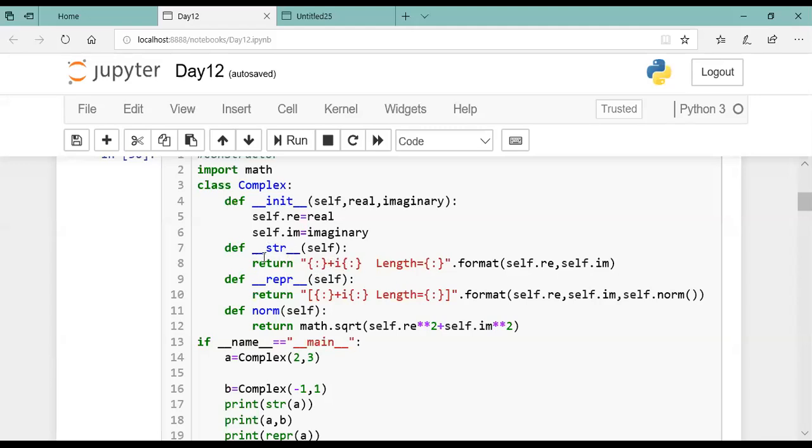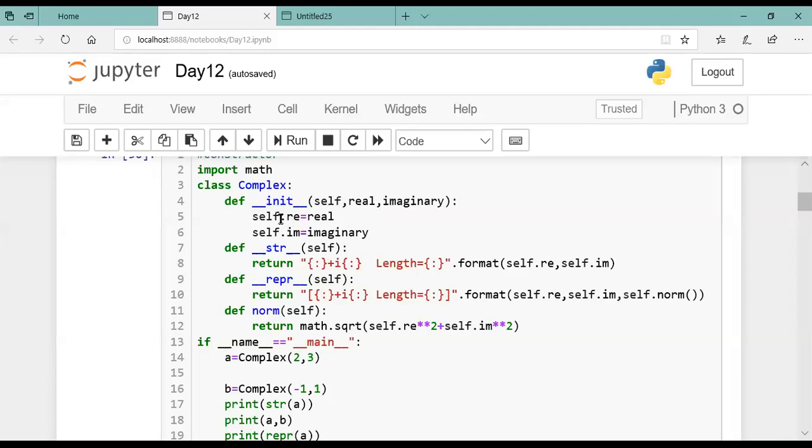Here I just want to add one more method, a wrapper method. Wrapper method goes beyond the str method. A wrapper method is generally used for the debugging part. Other than the printing, it will run the required task. So here in the wrapper method, I'm finding the length of a complex number.